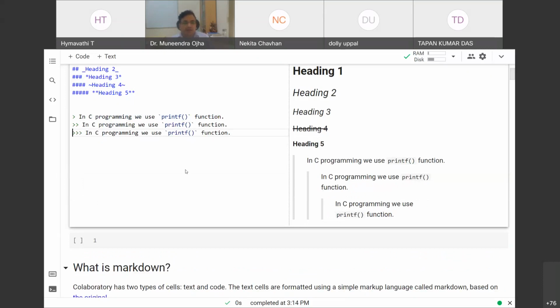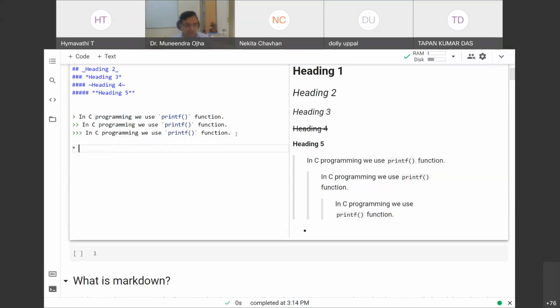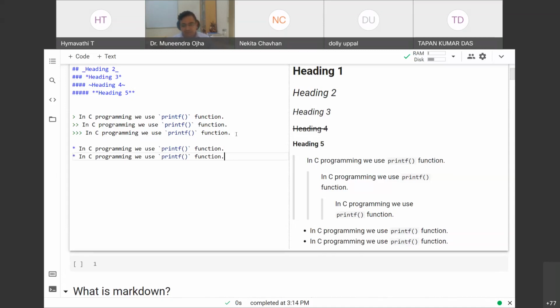Fine. If you have to do listing, listing can be either unordered or ordered. If I have to do an unordered listing, it means bullets. Just simply put a star before whatever text you want to write, and it will create a bullet effect. If you have to do an ordered listing, just put the text.